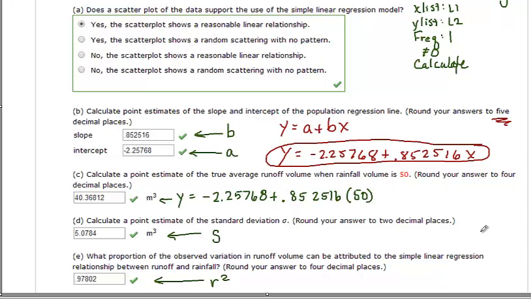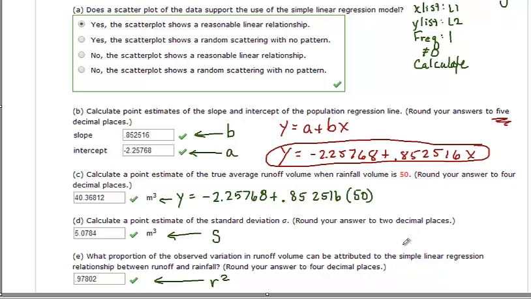The next one in your regression analysis functions in the calculator, look for the S, that's your standard deviation. And then the proportion of rainfall observed, this is your percentage. Sometimes the problems will ask this in a percentage form, so watch that, but this would be 0.97802. If they ask you for it in a percentage, you would write down 97.8% to however many decimal places they